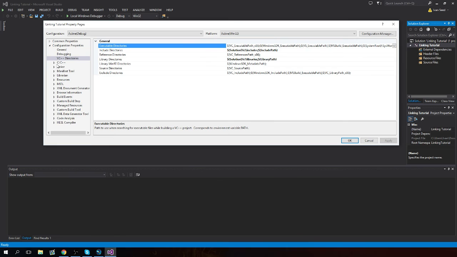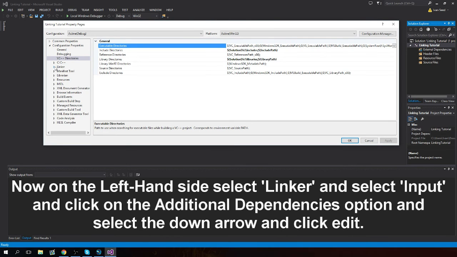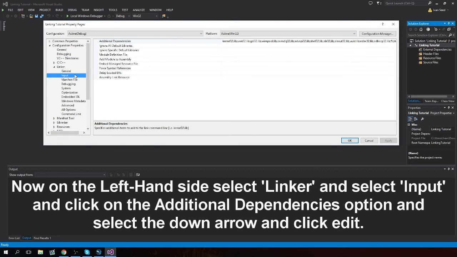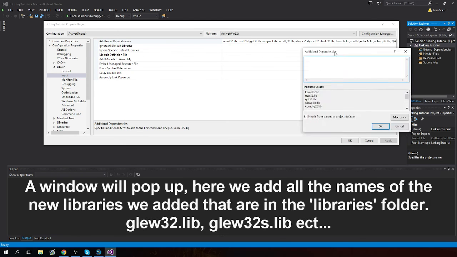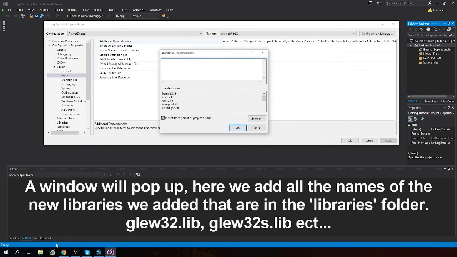Now the very last thing to do is add the external dependencies. Additional dependencies. We're going to go on Linker. Under Configuration Properties, there'll be a Linker. Click on that. Click on the down arrow. You'll get a new menu. You want to go on Input. And here we have Additional Dependencies. These are the default ones for every C++ program, which normally work. You're going to click on Edit here. This window will pop up, and if you're wondering what we're going to add here,